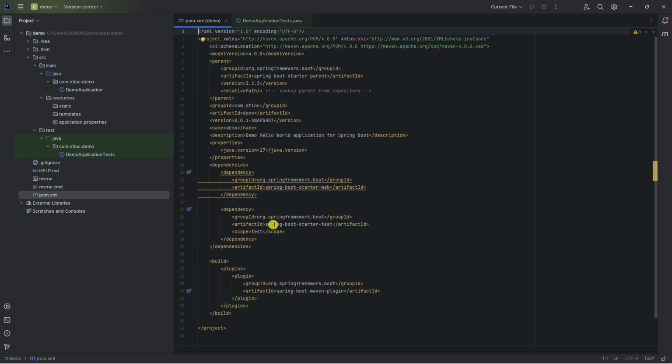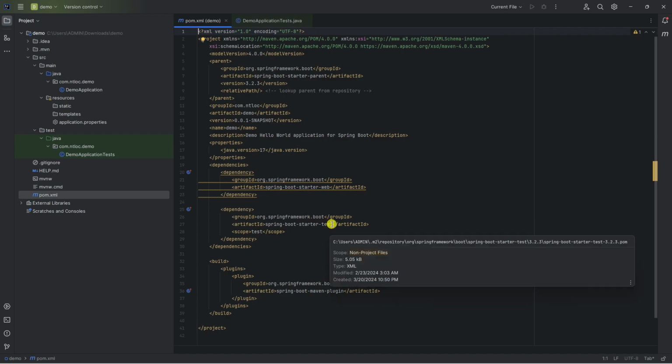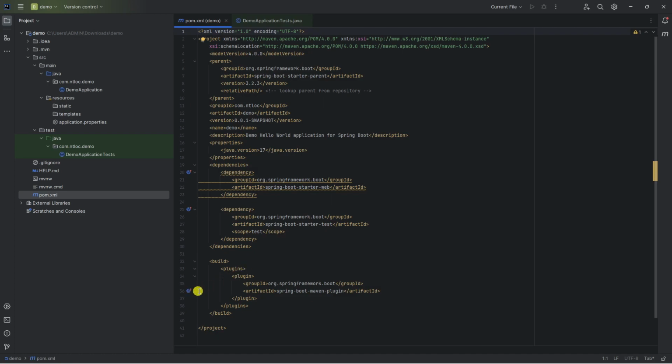We also have Spring Boot Starter Test, which is added by default for us, and for the build, we have the Spring Boot Maven plugin in here.